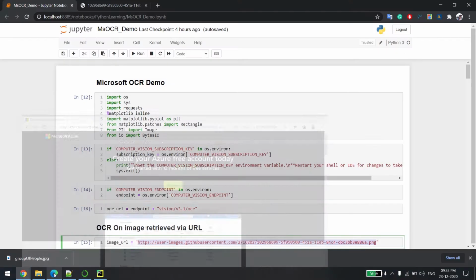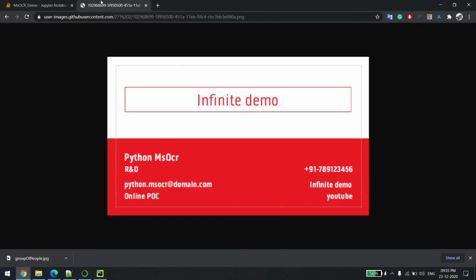I'll just show you. For example, I have created this dummy image where you see a lot of text. Say you want to create an API which will extract the text out of it, and then you will use it for some particular business. To do this, we will be using the Azure Computer Vision API.